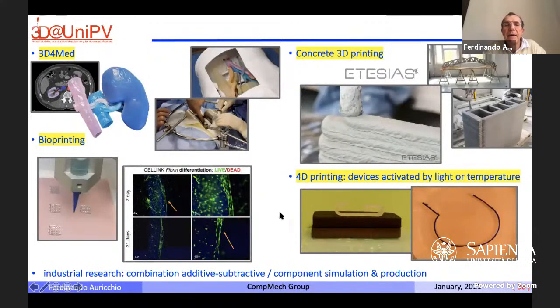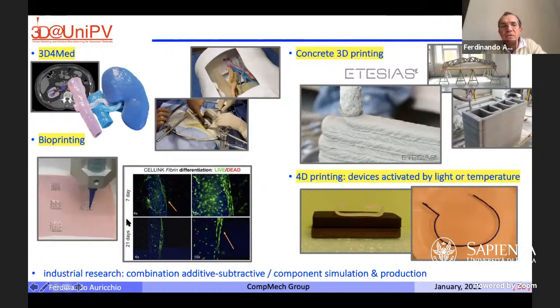And all these activities, all these facilities, open the door to even more activities. For example, here you can see our activities in collaboration with doctors. We have a lab in the hospital now where we start from CT images and we reproduce organs with different mechanical features. And these organs we now place within a reproduction of a complete part of the human body, such that doctors can really practice surgery on a reproduction of the human body.